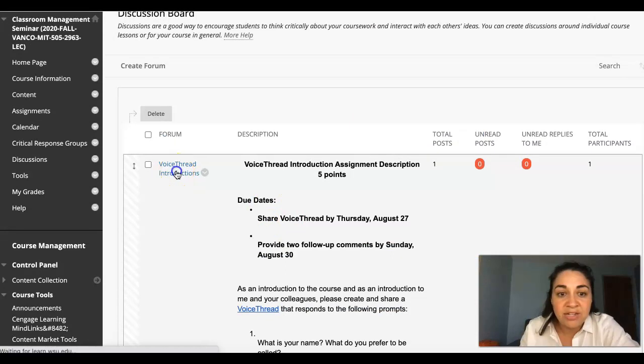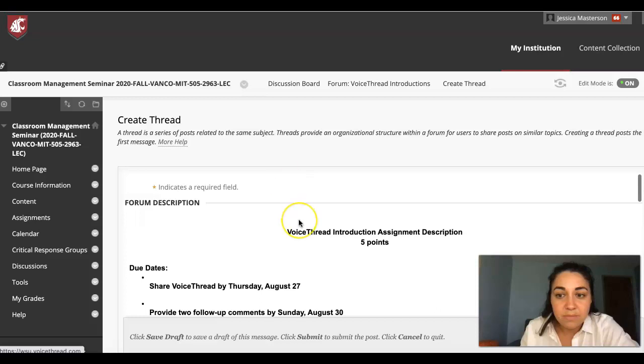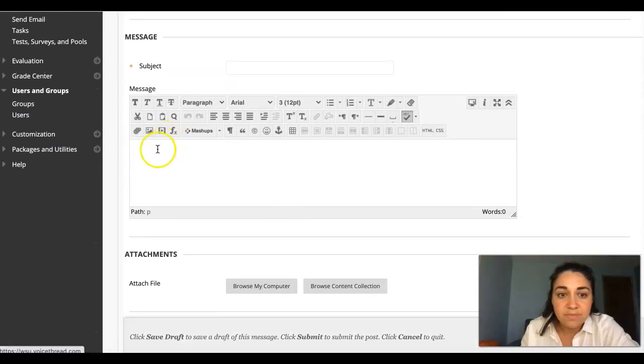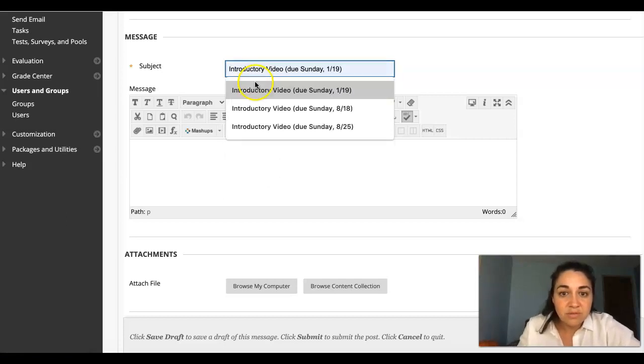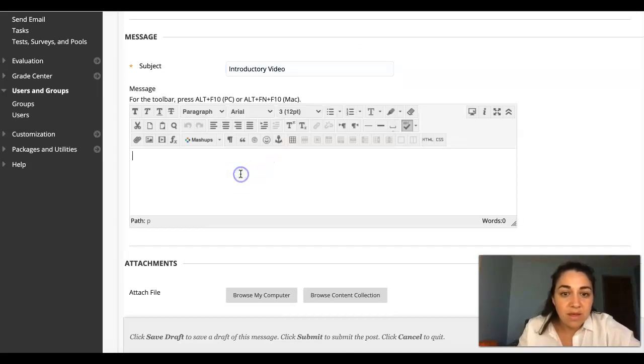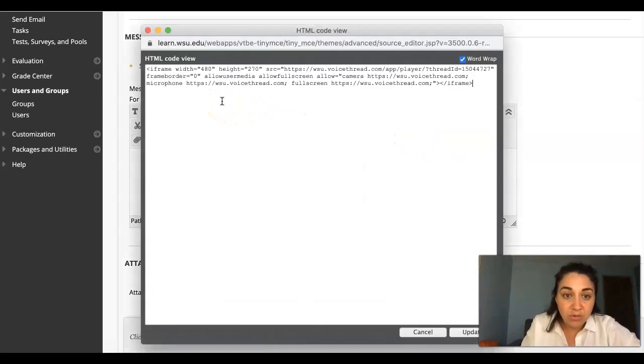So here it is, our VoiceThread introductions. You'll create a thread. And then here, you have to put a title, introduction. And so with that code that we've copied, what you need to do is go to this HTML button. It may not be immediately available, in which case you might have some down arrows that you need to click in order to expand the toolbar. So HTML, we will paste the code,